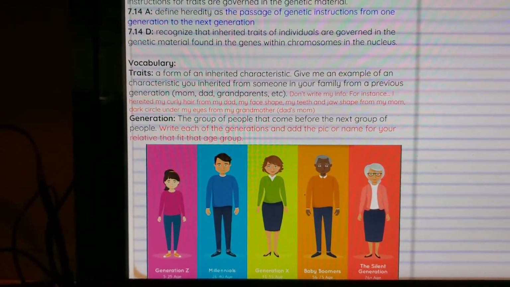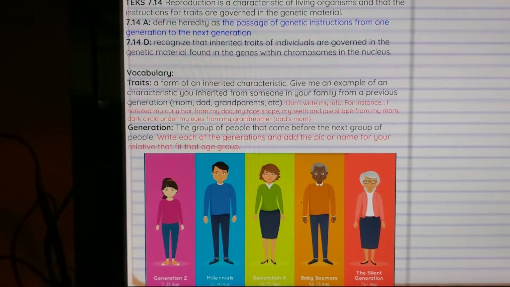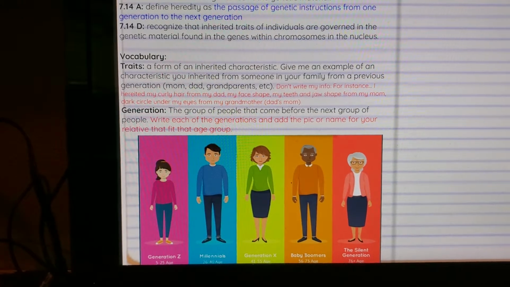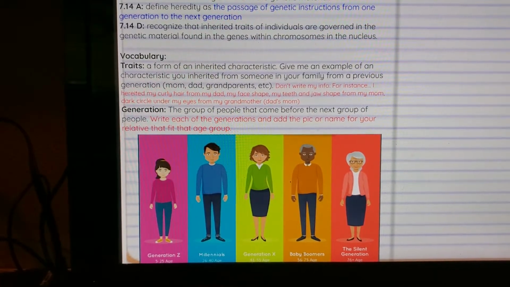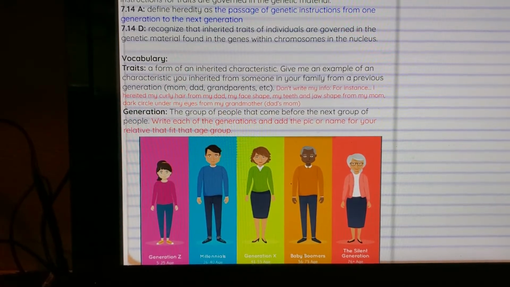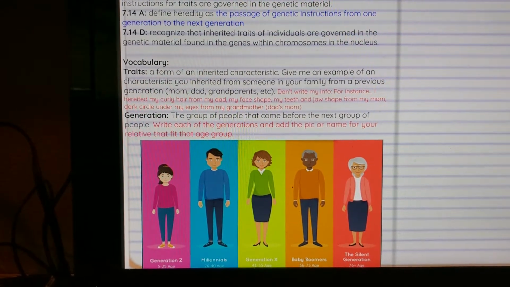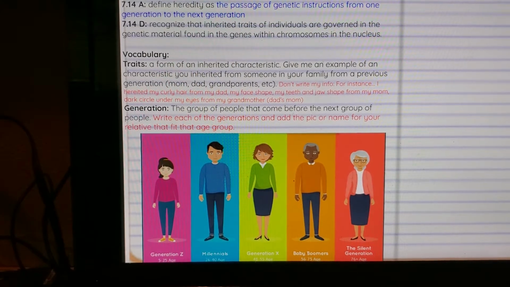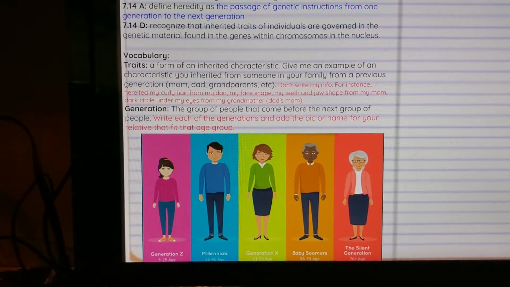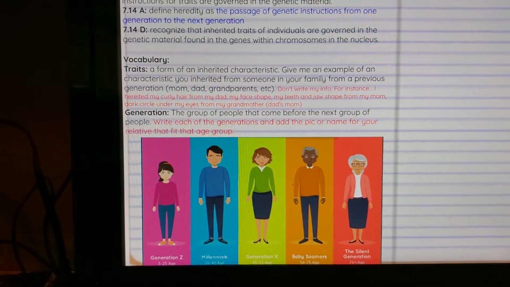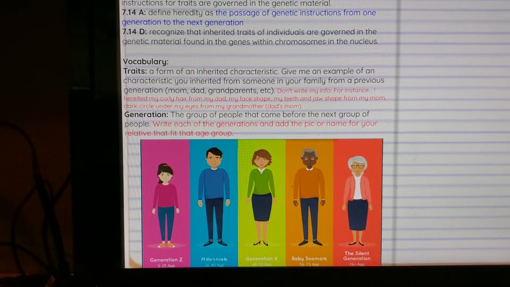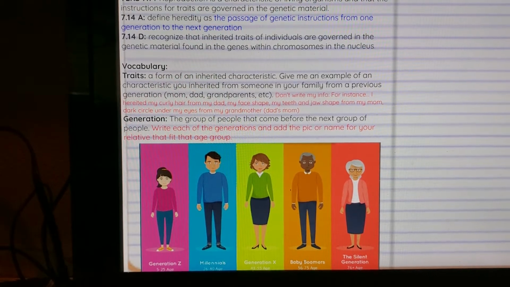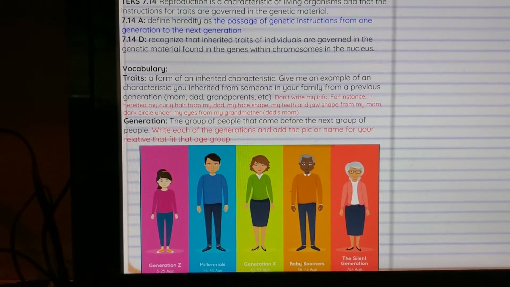So the silent generation are people who are over 76 years old. Baby boomers like myself are from 56 to 75 years old. I'm on the low end, not the high end there. Generation X, there's millennials from 26 to 40, and then y'all are part of what is called Generation Z. Those are folks that are from 5 to 25 years old.